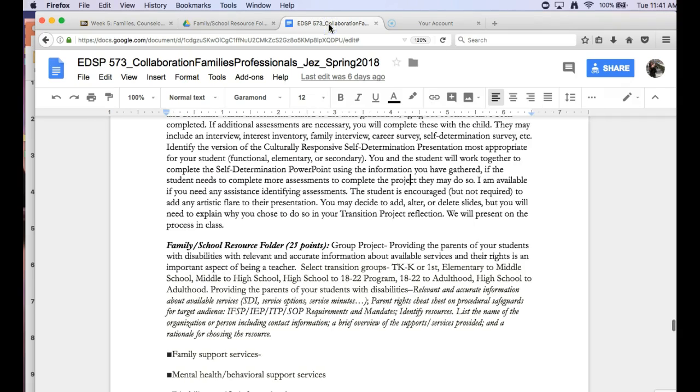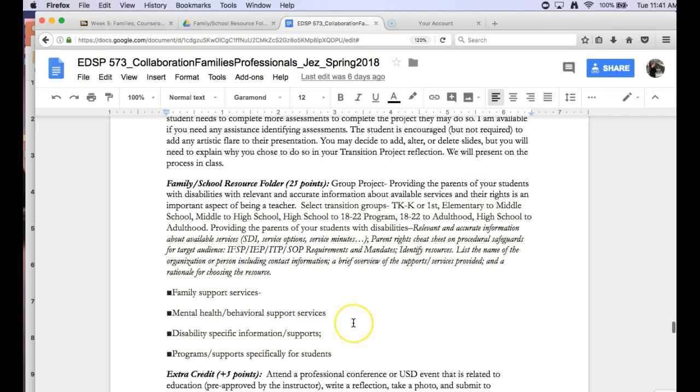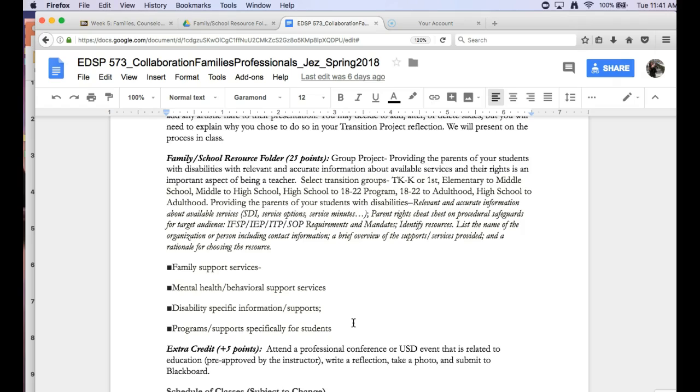And then when we look at the assignment, I'm just going to go through some of the things that you might put in. So for example, you're of course going to want to have information about SDI. So what does it look like for your particular age level? What kind of service delivery models are there? What kind of service minutes are happening? So, for example, in the TK-K, there's a lot more occupational therapy. It could be speech and language therapy, and it's around sounds and phonemic awareness and that type of thing.